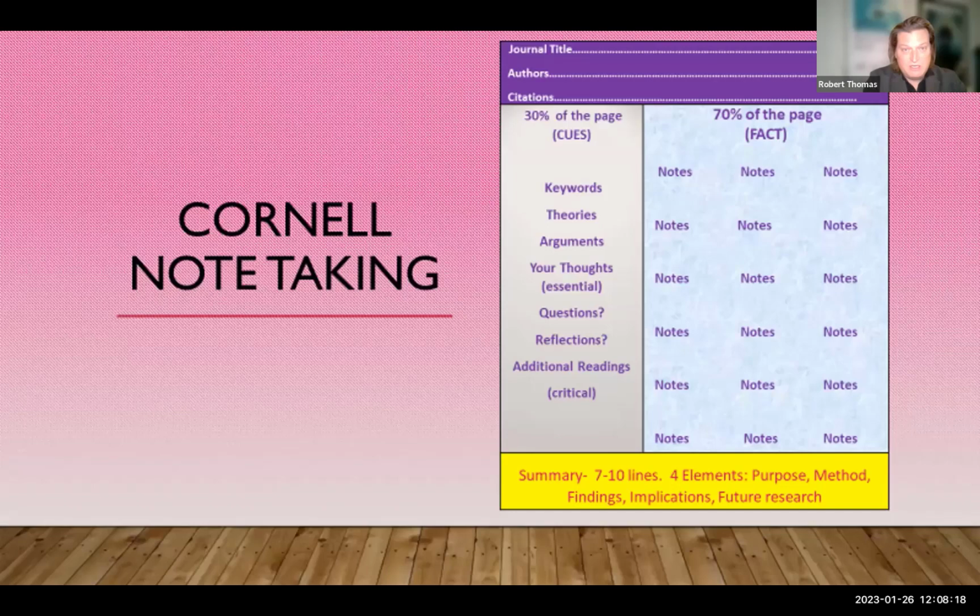Lots of students, in my experience, don't necessarily have a method for reading, a method for note-taking, and ensuring that what they are reading is captured and synthesized and disaggregated and reduced down to what it means to you and the work. Many of you may be familiar with this, but I will touch upon it briefly. I encourage all of my students to use the Cornell note-taking system. It was created back in the 1950s, but it is a superb way of reading and collating information. You can actually get an app for this as well, so you don't have to have the tried and tested method of scribbling things down.